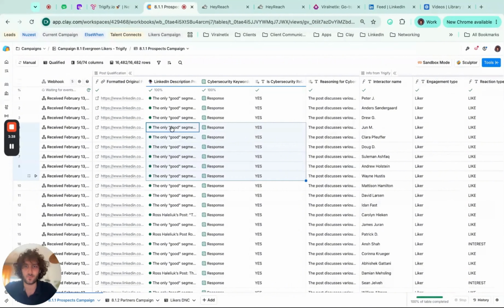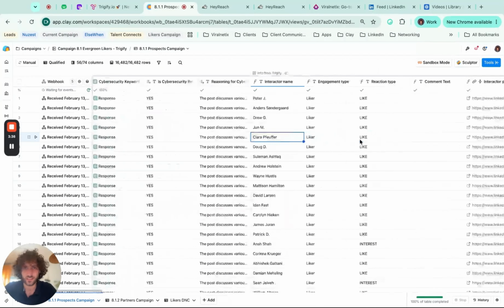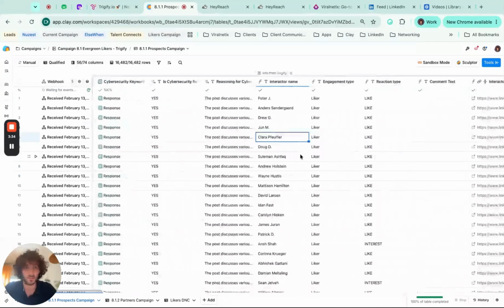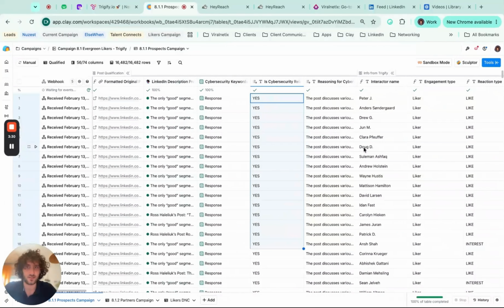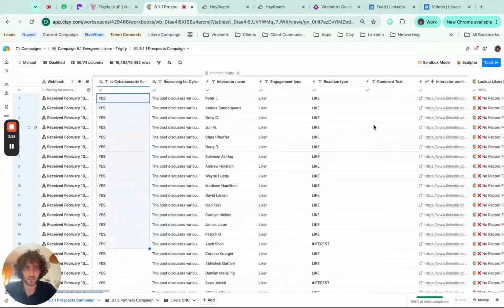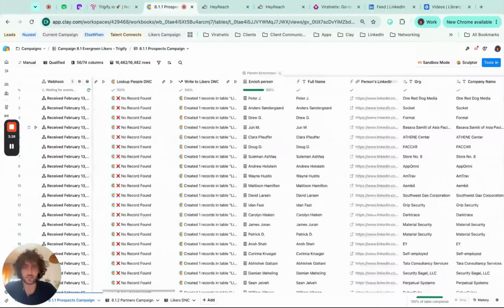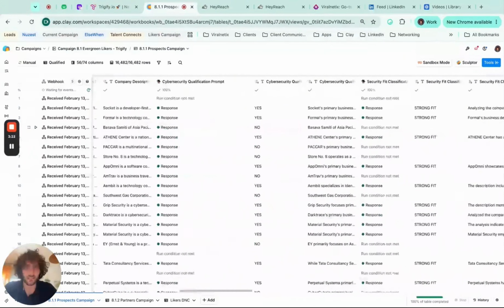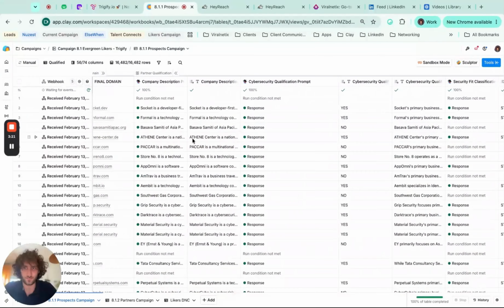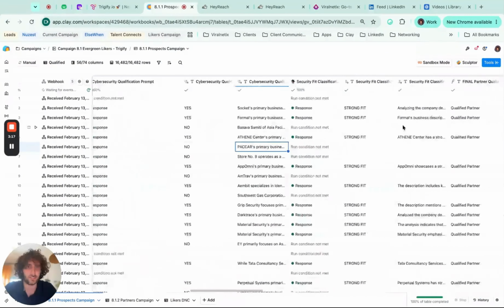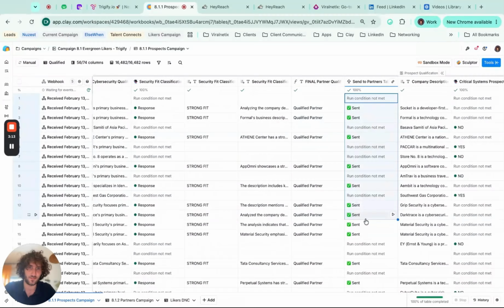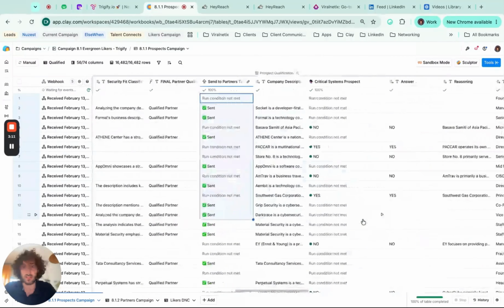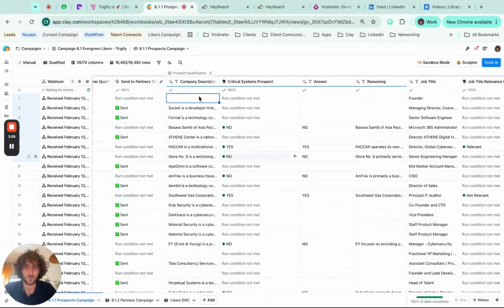So first off, we find all of the needed data for us to qualify. First, we qualify the post, because sometimes they post some personal stuff and we don't want to reference that. Then we see if they're in the do not contact list, we enrich the data, and here is where we do the qualification. So first we have, in this case, qualification for a partner fit, and if they're qualified for partners, we send them in a different Clay table or a different HeyReach campaign,